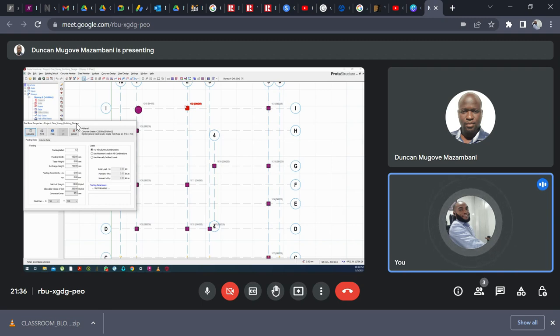Then when you're designing for a high-rise building, that is always a building of more than 10 stories. Once your building is 10 stories or more, it is now called a high-rise building. At that point, you should be expecting a pile foundation of at least 20 meters, 15 meters, or 18 meters in length. Okay,